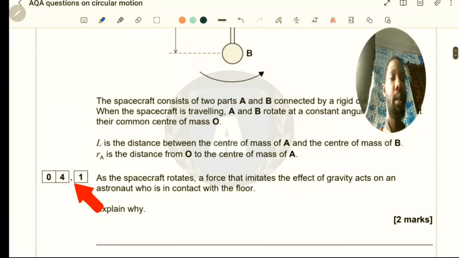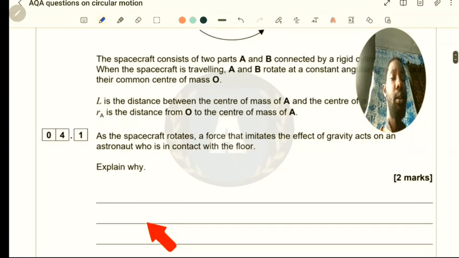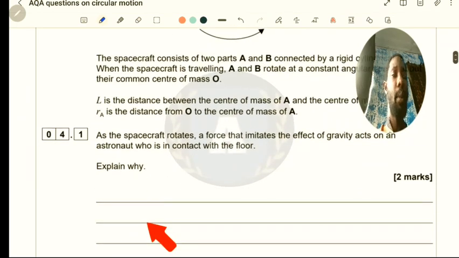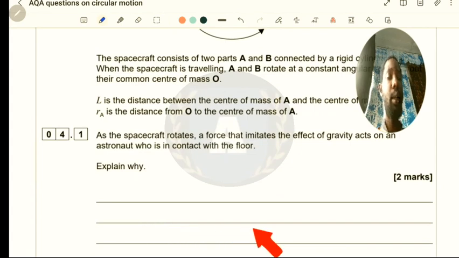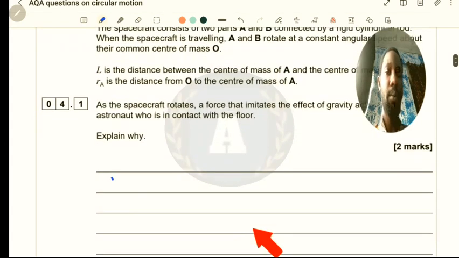So now they said a force that imitates the effect of gravity acts on the astronaut who is in contact with the floor. Explain why. The force that actually acts on the astronaut is the centripetal force. You have to know that force. Centripetal